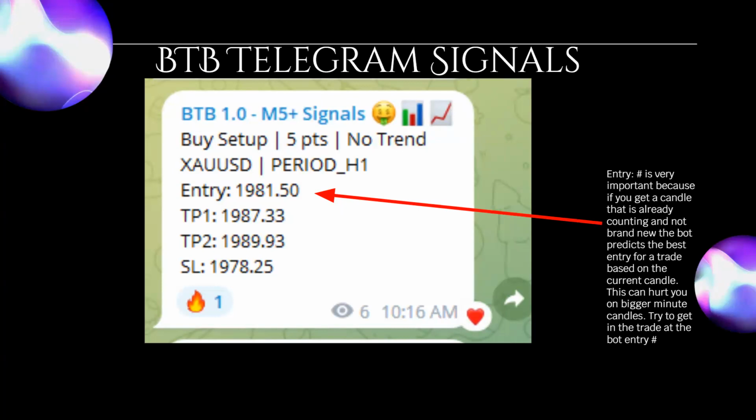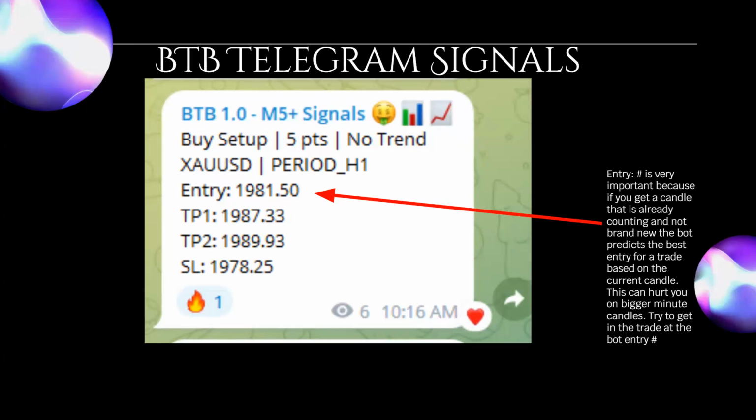If the entry is way far off, like let's say this is a buy, and let's say at 10:16 when this trade came out, it says 1983. Well, it already went up $1.50. I might say, hey, I don't want to get in this trade. But what you do see is take profit number 1 is at 1987. So that's $6 away. So there's still room for you to make money. You're probably going to make $4.50 instead of $6 profit right here, which is still good because it's a long